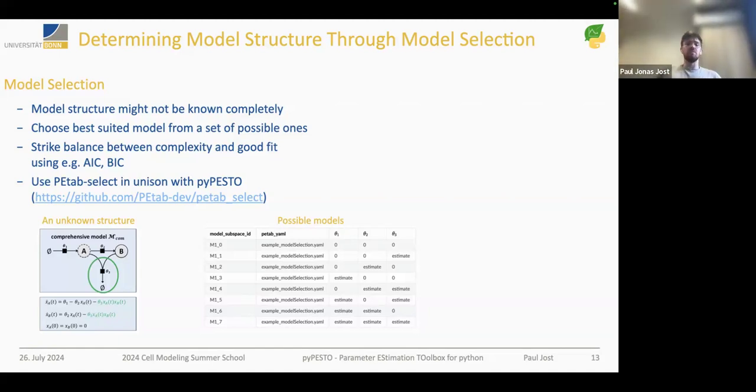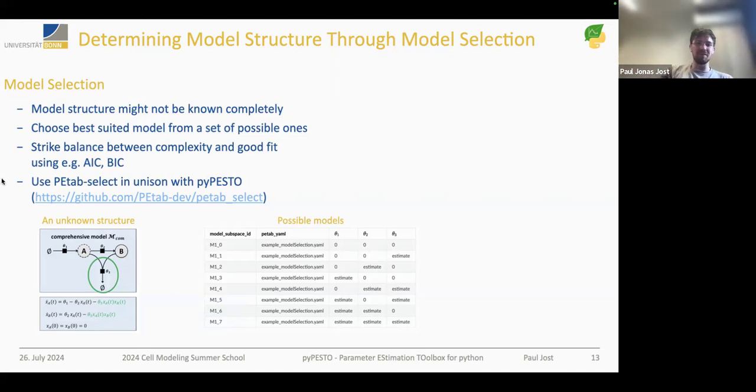And in model selection, one way to do this is usually through some kind of value like AIC or BIC. Both of them combine the likelihood and the goodness of fit, basically, with a penalty on the number of parameters that you're using. Because you really don't want to use 2,000 parameters for, I don't know, 20 data points, because you'll probably